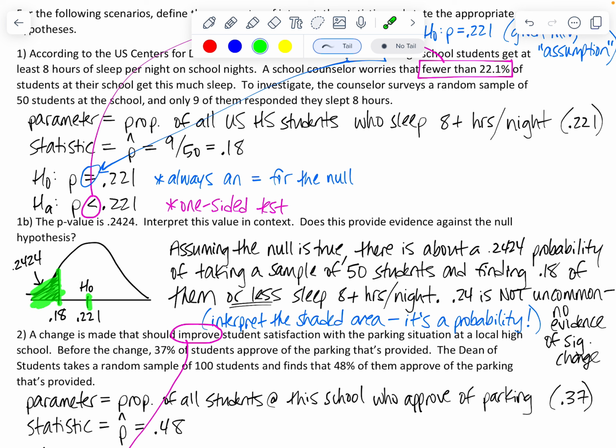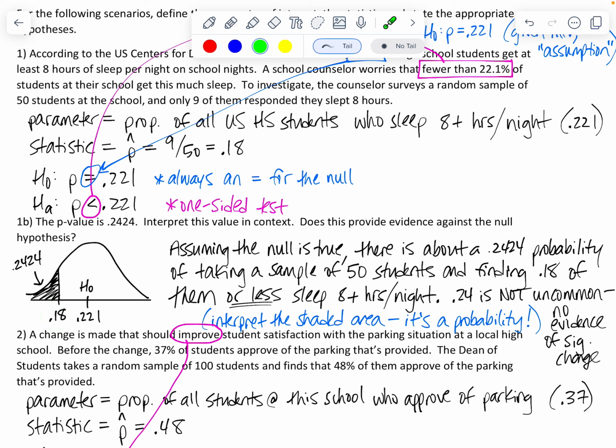Therefore, I'm not considering it uncommon. Do you remember the conversation we've had starting back in first semester that in stats we have a rule of thumb, and we usually use 5% or less to consider something uncommon or unlikely or unusual? This is 24%. That is not that uncommon, because what that tells us is this 18 is not that unusually